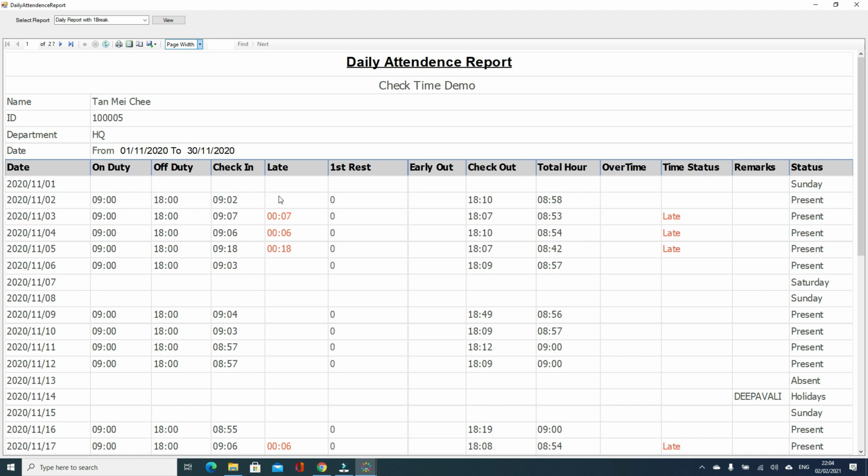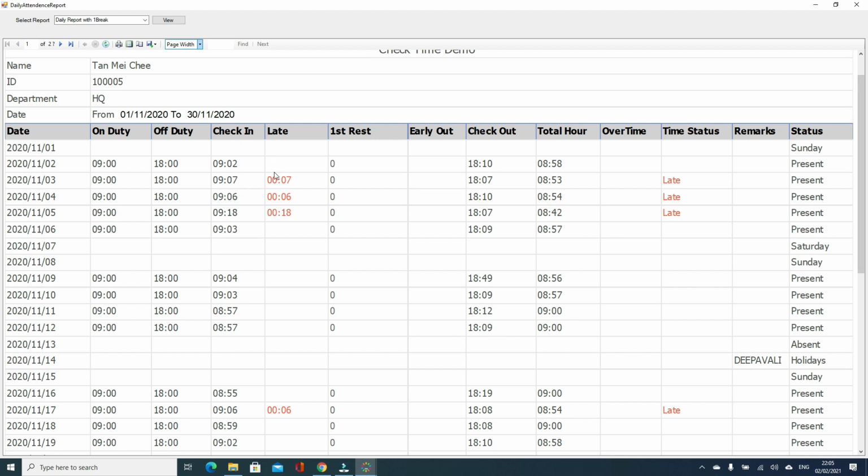This is because of the allowance. We have a 5 minute allowance here. So until 5 minutes it is not showing you late. After 5 minutes, then only it is going to show you the late, as set in the timetable setting. So after this, you can see check-in time, late.